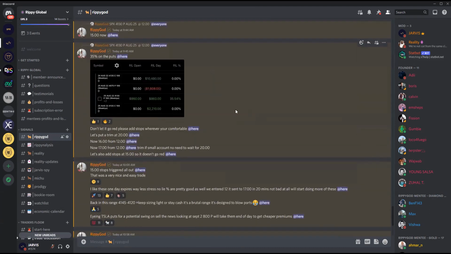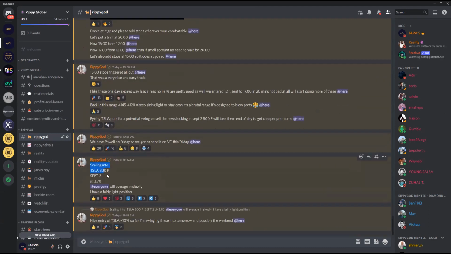Today, when we were looking at this, we talked about scaling, right? So scaling into a position is where you slowly buy this contract, right? So I'm looking, and I normally purchase 10 contracts of something. I'm not really liking the price action. I might slowly start to add into this position. So rather than dropping $4,000, right, to buy 10 of these Tesla contracts, I'll buy 1 or 2, and then